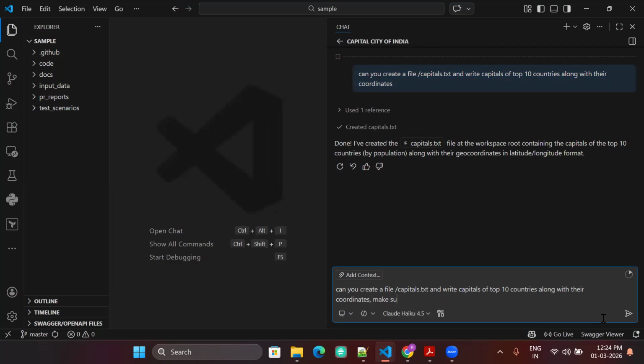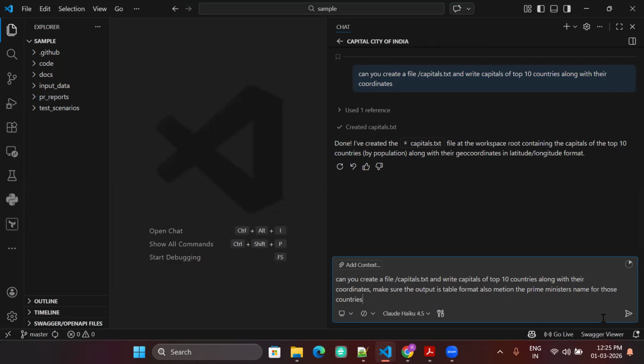I will ask it to do it with coordinates. Make sure the output is in table format. Also mention the prime minister's name for those countries and the army size. And then I can say create a markdown file, an MD file.